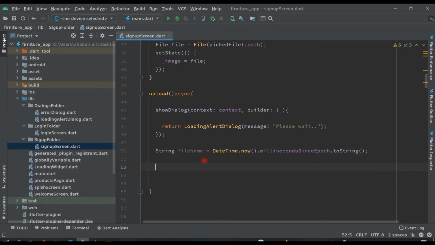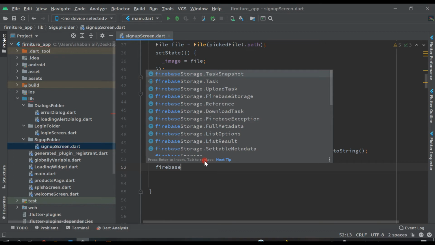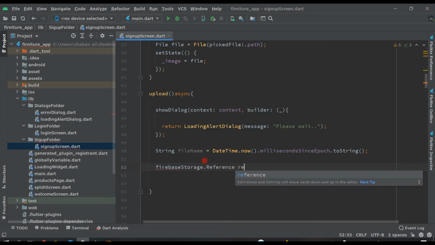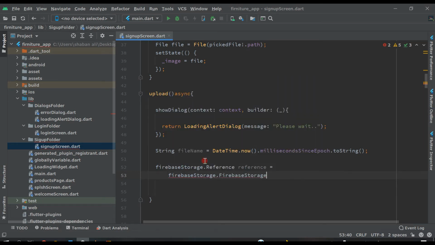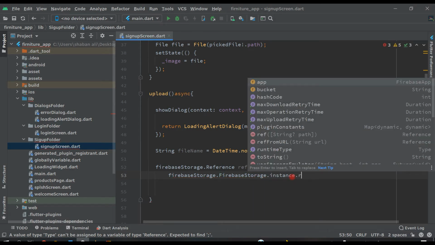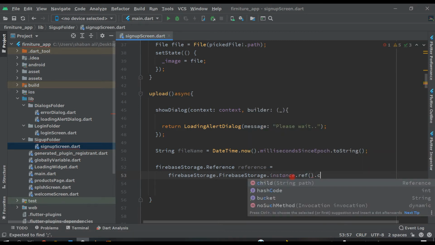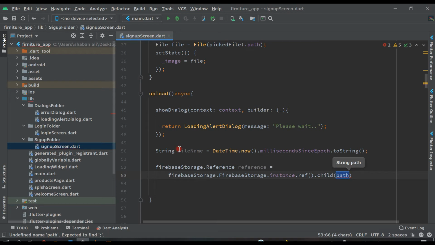So how to use it? For that, write firebase_storage.Reference reference equal to firebase_storage.FirebaseStorage.instance.ref().child, and the child will be this fileName which we have created here.